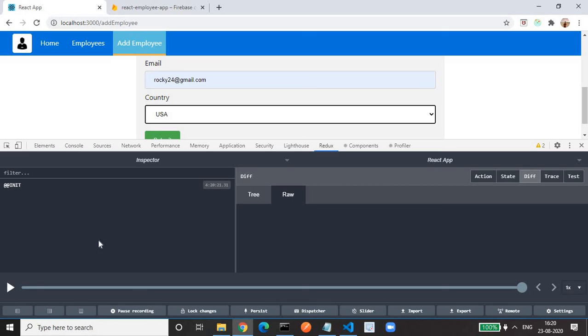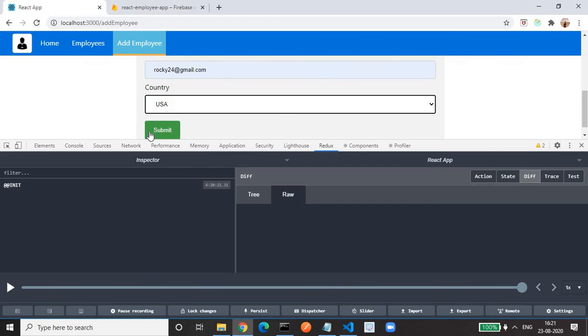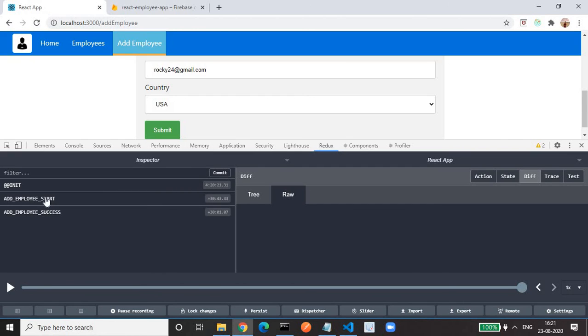Just keep an eye on this in the debugger tool. On click of the submit button, you will see the action being triggered. For the start, to see the spinner, if you click on start and see the state difference, we are making loading true.